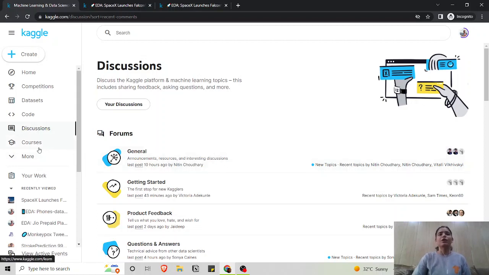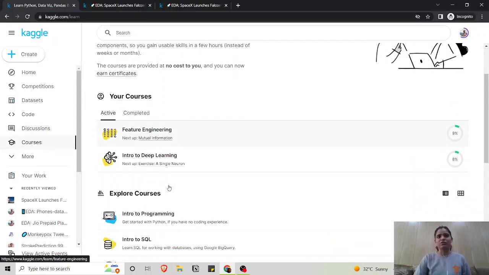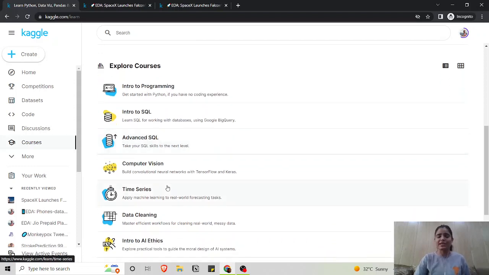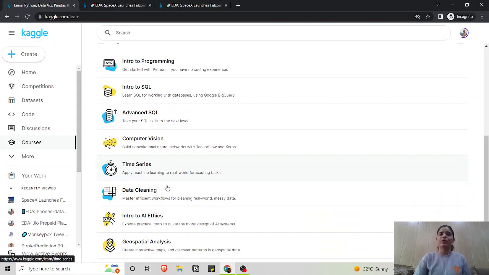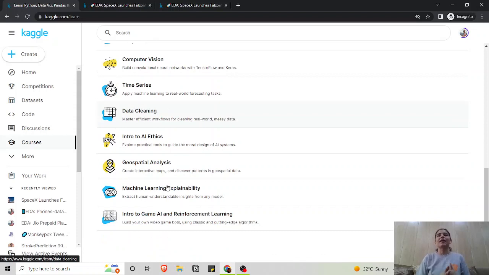Apart from that, if you are a newbie or you are looking to enhance your technology skills and you really want to learn something new, so you can just go ahead and take these courses. Kaggle provides a lot of courses in that. You can go for SQL, you can go for computer vision skills, you can go for AI ethics, you can go for geospatial analysis, and a lot more of that. So here, I'm not actually marketing Kaggle for you, but just giving you a tidbits of what you can use Kaggle for and how it can be helpful for your journey in your career. Now, going back to the topic for today.